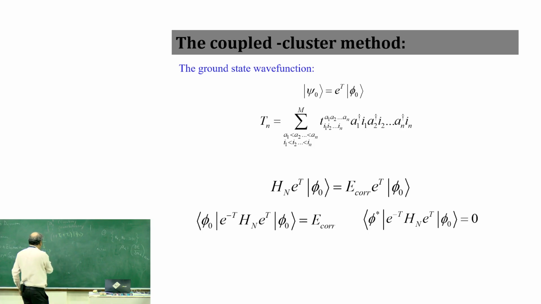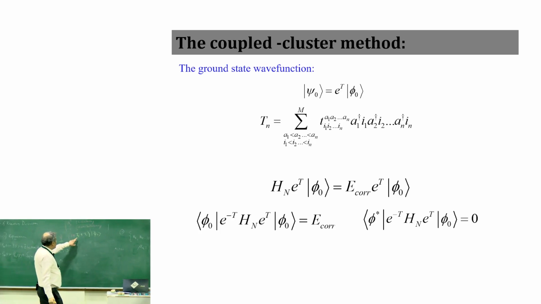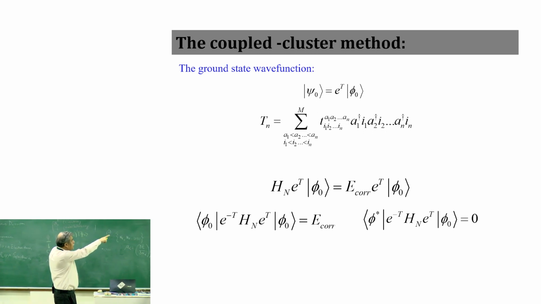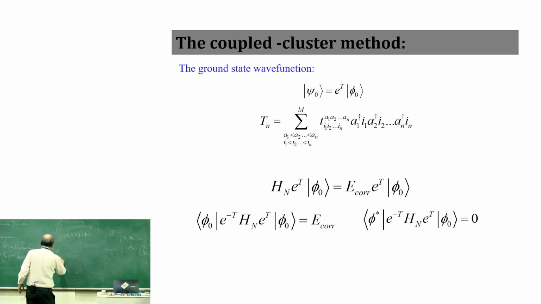Yesterday I described that. That means it has a Hartree-Fock determinant, and T1 is basically all singles. I have a sum. So T1, if you take n equal to 1, then there is one creation, one annihilation. All singly excited. This is all doubly excited and so on. So that becomes your CI wave function. Okay, I can write it in second quantized notation, it doesn't matter. But the difference with coupled cluster here is that this thing is now constructed as an exponential of T1 plus T2.